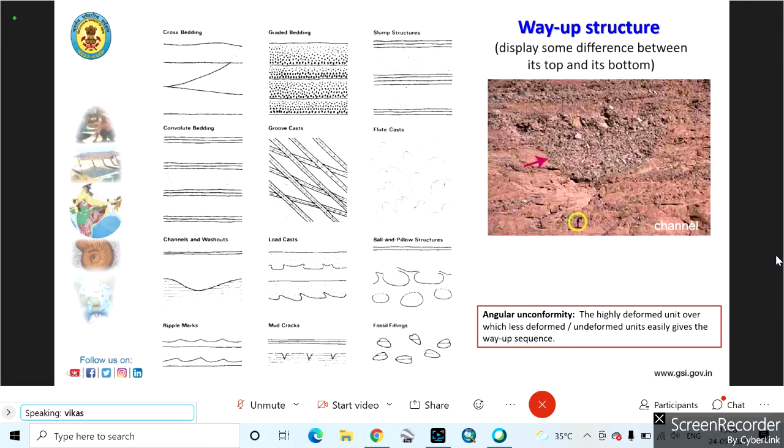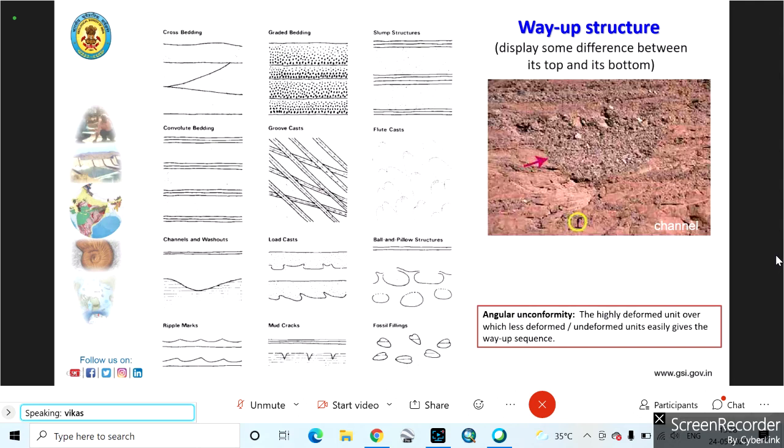However, in doing the mapping exercise in a sedimentary basin, one very important aspect is called the way-up structure. That is, which direction the younging up is. As Steno's law says, the older rocks will be underlying and the younger rocks will be overlying. This sequence will be correct in an undeformed terrain, and you can define it by using primary sedimentary structures, which are also called way-up structures.